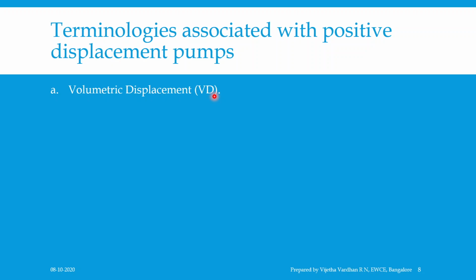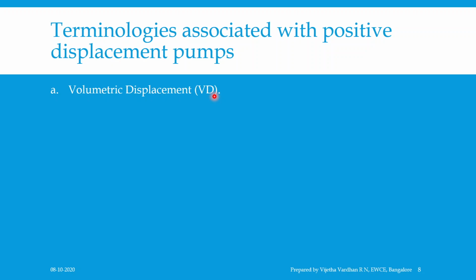Now, what is this volumetric displacement? Volumetric displacement or theoretical displacement of a positive displacement pump is the volume of the liquid pumped in one revolution. It is equal to the volume of one pumping chamber multiplied by number of chambers that pass the outlet in one revolution. And the volumetric displacement is expressed in cubic meters per revolution or meter cube per revolution. In this case, the single cylinder pump, the number of chamber is 1, then the Vd will be equal to